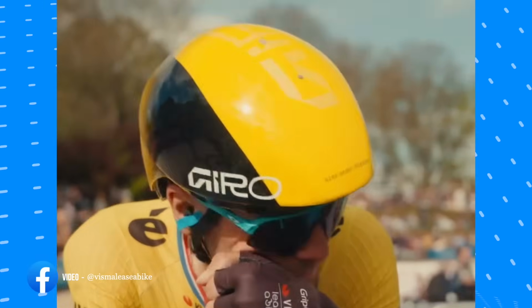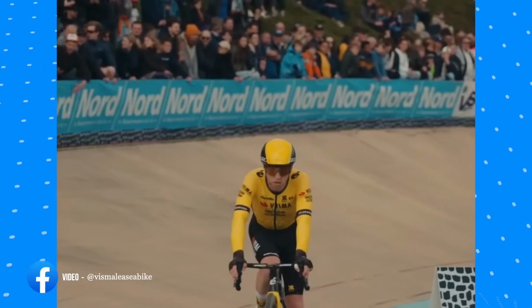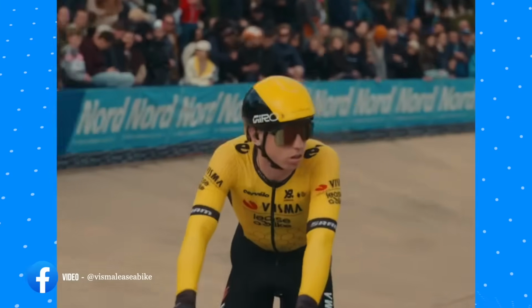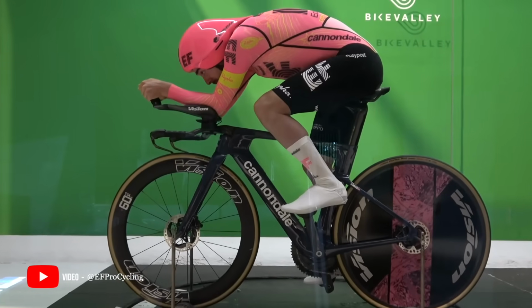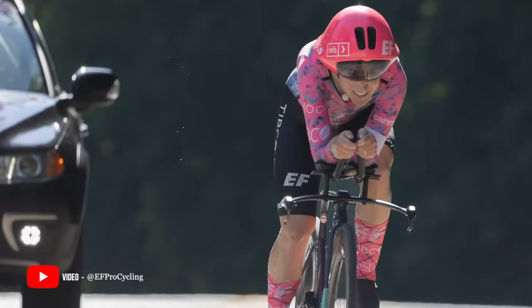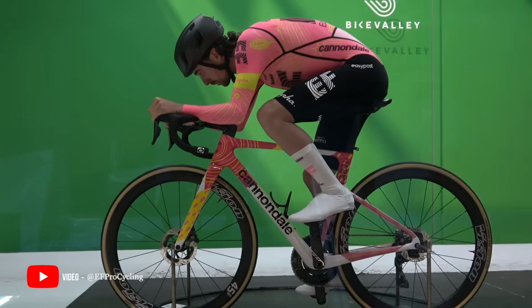I am all for aero gains, but seriously, this helmet pictured here on Matthew Brennan, what a ride by the way, just looks horrendous, and I really hope that the UCI steps in. I actually think that they have some grounds to as well. The longer the helmet, the bigger the moment arm. And I'm not saying that TT helmets are unsafe, but it's hard to imagine them being as protective as the more conventional looking lids. So no, this isn't a look that you and I want to start rocking around the